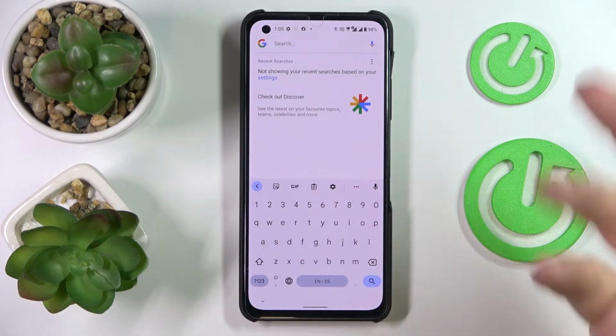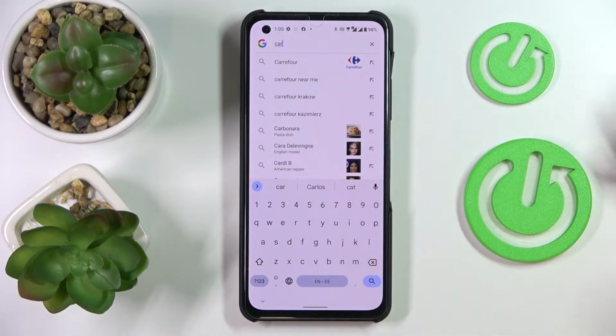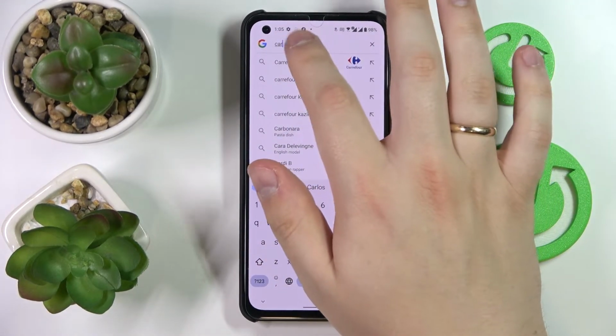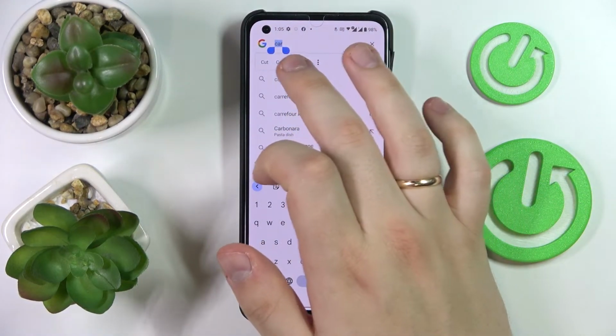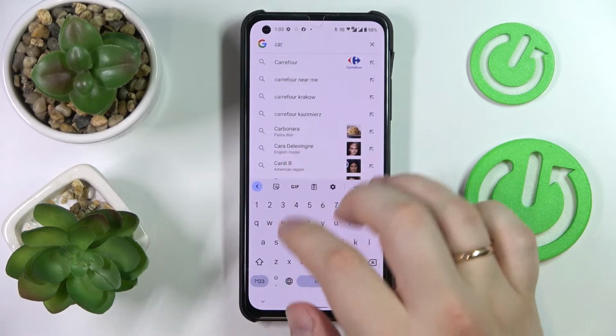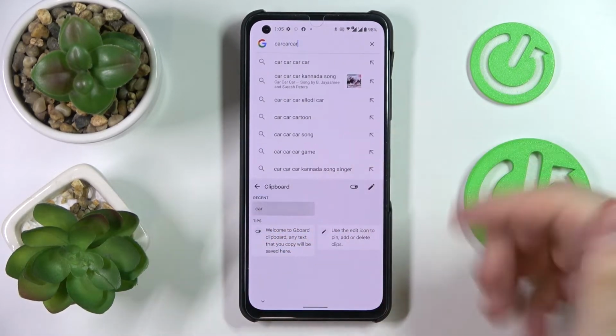If you would like, on the other hand, for something to be added to the clipboard, simply copy it. So I'll type in some random word, which in my case is car. Copy it, and once I get back to the clipboard, I'll see that it has been added to it as